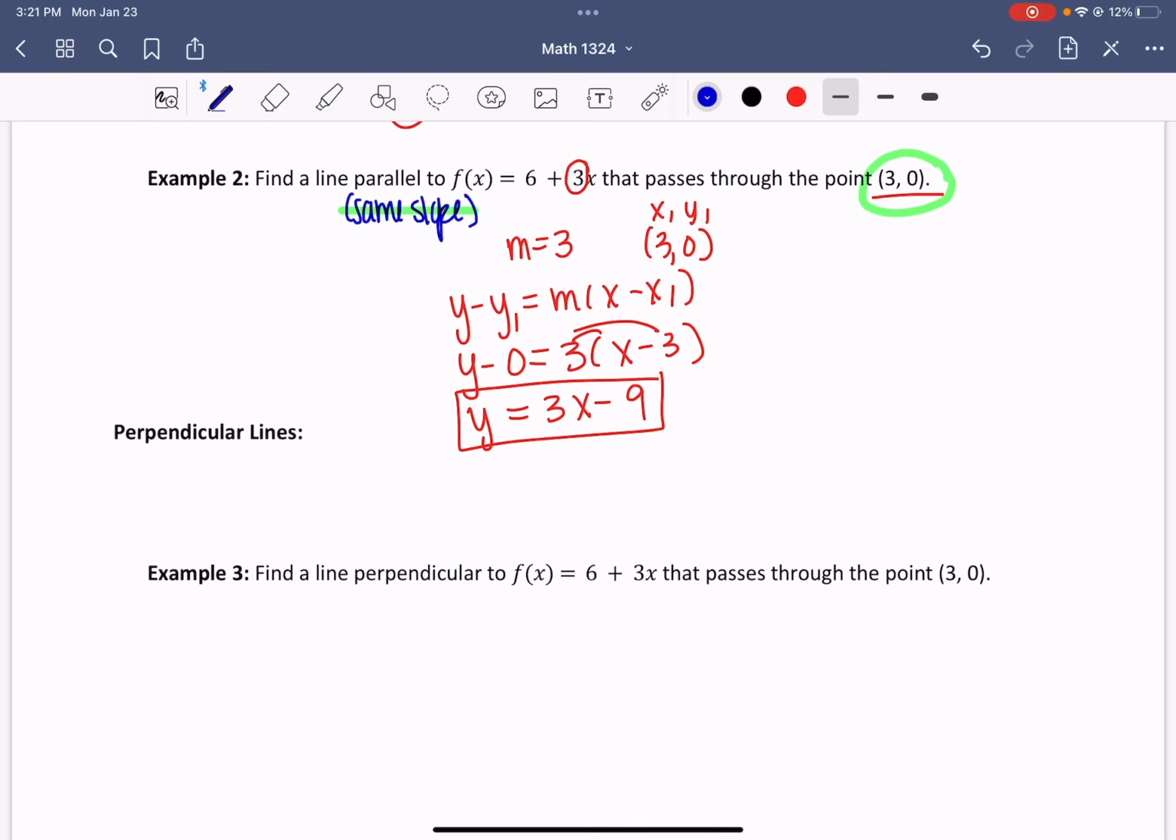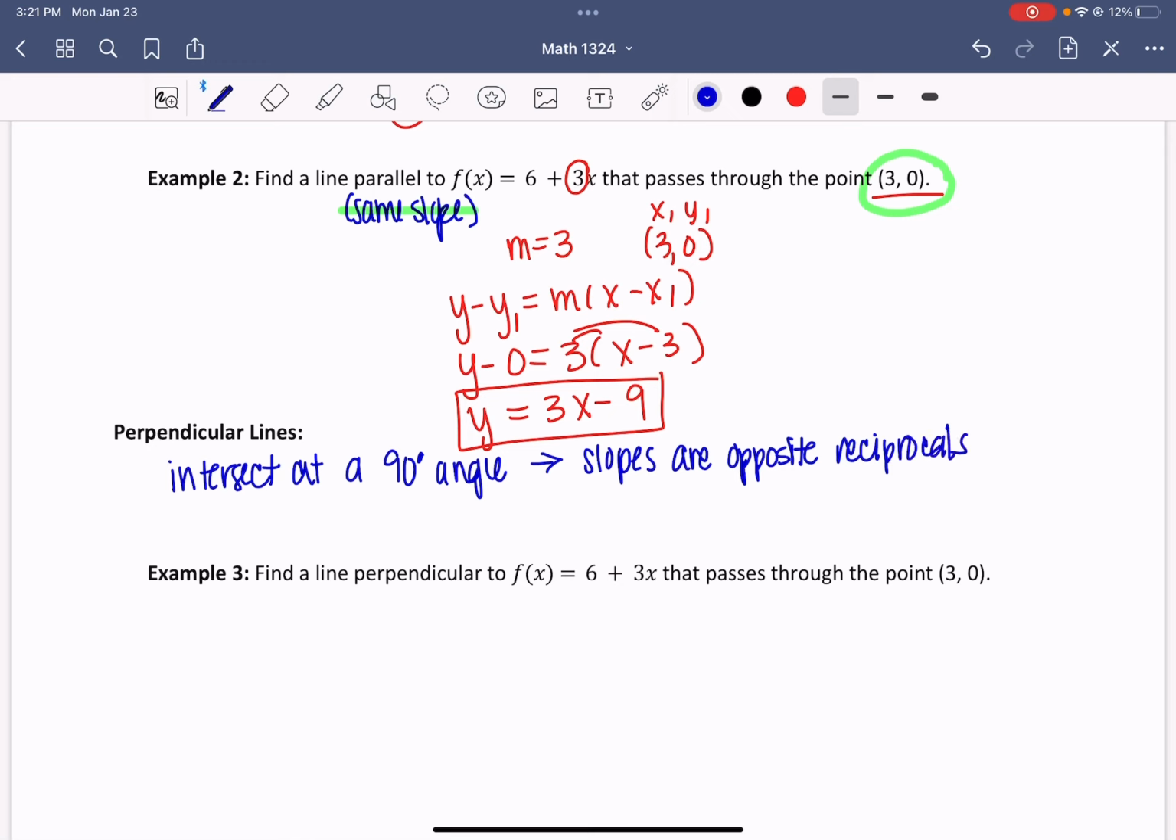Now, the reverse of a parallel line is the fact of perpendicular lines. So when we're looking at perpendicular lines, we say that these intersect at a 90-degree angle. And so if they perfectly intersect at a 90-degree angle, I don't want to take two lines and measure out that angle. So we're also going to use slopes with this. Then the slopes are opposite